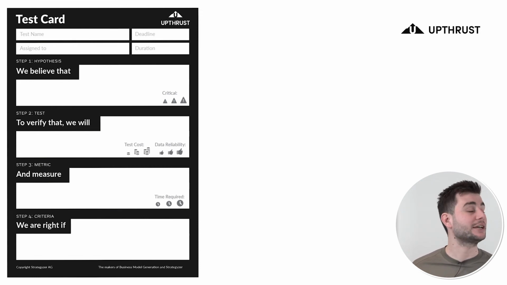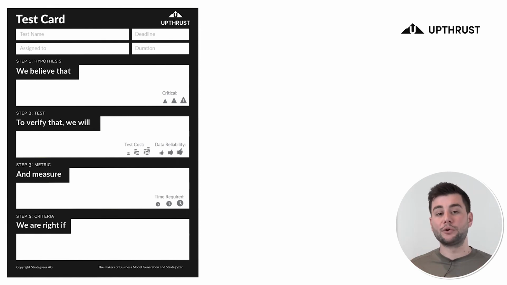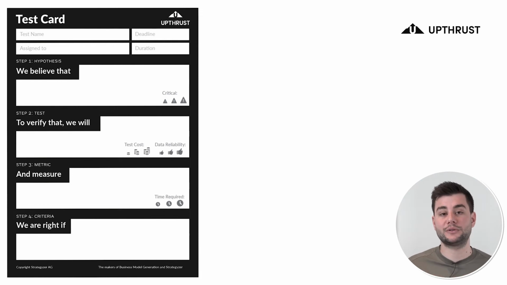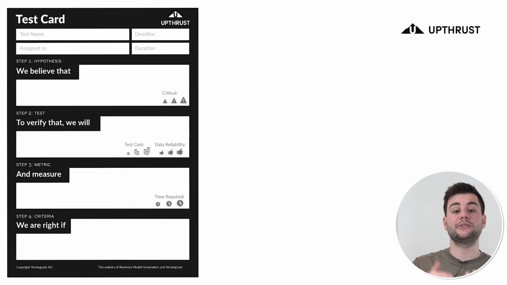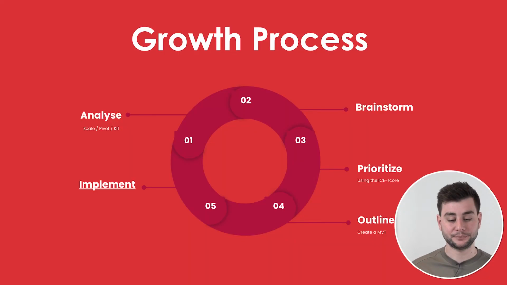Because a lot of times I go into a group meeting and we're asking ourselves, okay, was it a success? I don't know. Is this good? Is this not good? By filling in the test card, you force yourself to come up with the metrics that you're going to measure, and you already define your success criteria, making it a lot easier to go into that scale phase where you decide if it's a winner and push a bit more budget behind it.